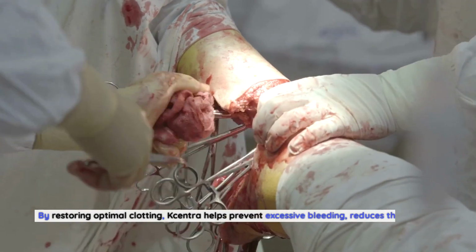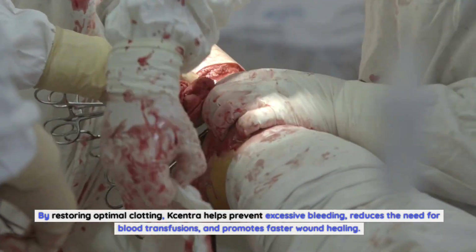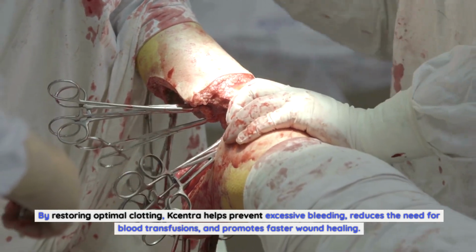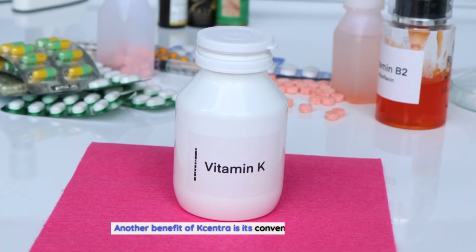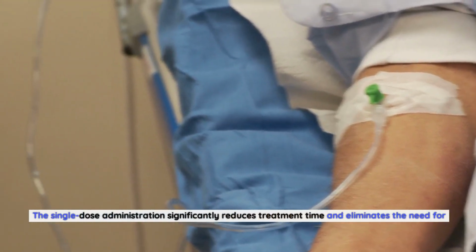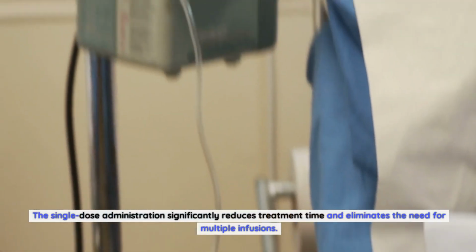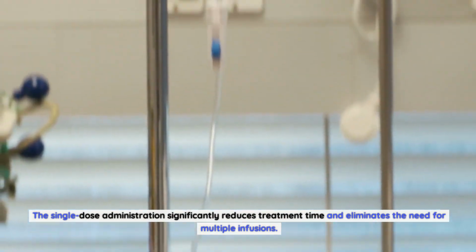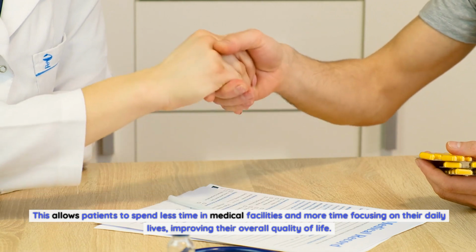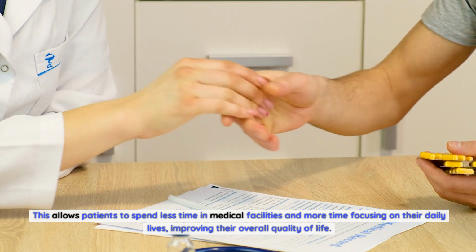By restoring optimal clotting, Kcentra helps prevent excessive bleeding, reduces the need for blood transfusions, and promotes faster wound healing. Another benefit of Kcentra is its convenience for patients. The single-dose administration significantly reduces treatment time and eliminates the need for multiple infusions. This allows patients to spend less time in medical facilities and more time focusing on their daily lives, improving their